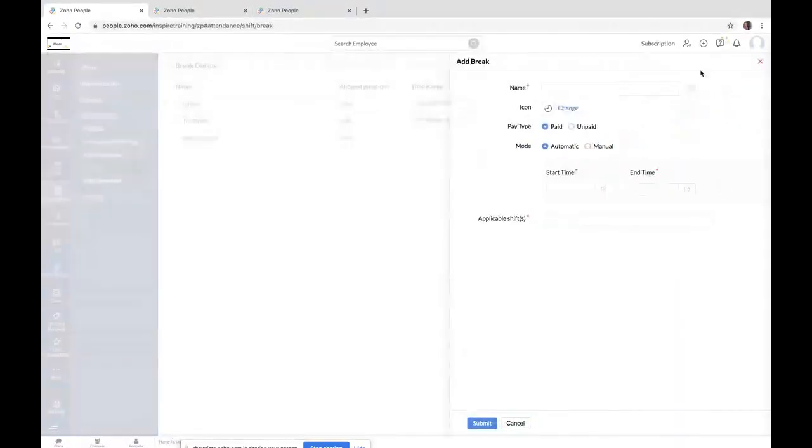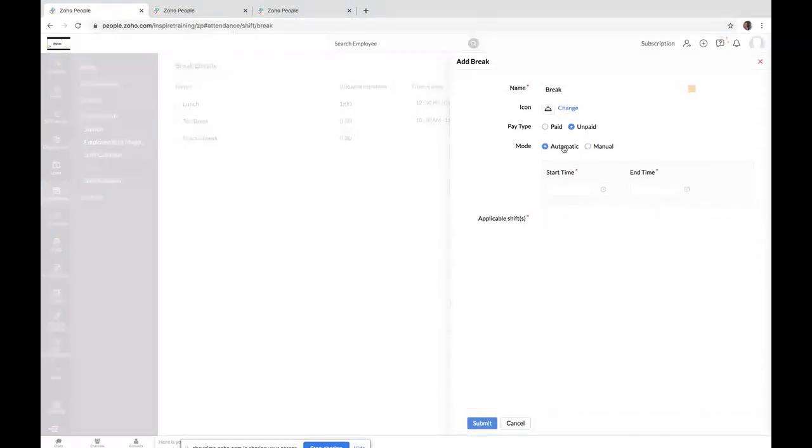You can just click on add break, provide a name and the color code in order to identify it in the attendance view, and the respective icon which you wish to provide for the break, and whether it is a paid break or an unpaid break, so that this will be useful while calculating the working hours and payable hours for the respective employee, and the mode in which this break has to be availed, whether it has to be an automatic mode or a manual mode, can be provided here.